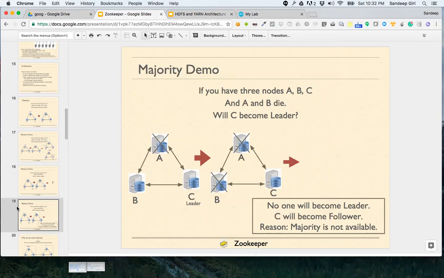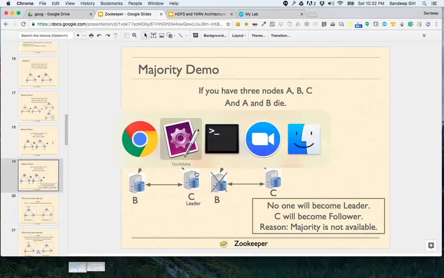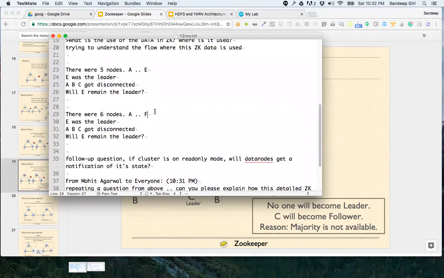All right. So doesn't it bother you that out of 6 nodes, we have 3 nodes available, and still our cluster is read-only? Does that bother you? Because the point is that I have 6 machines and still it's not available.